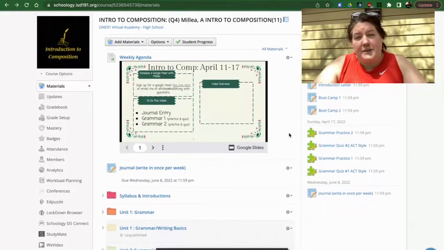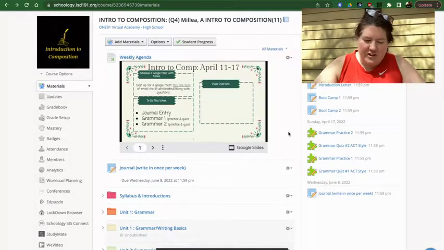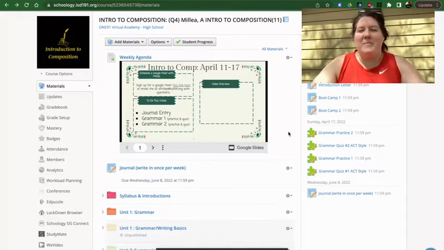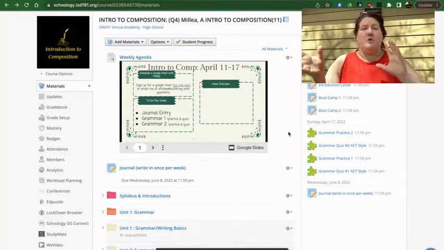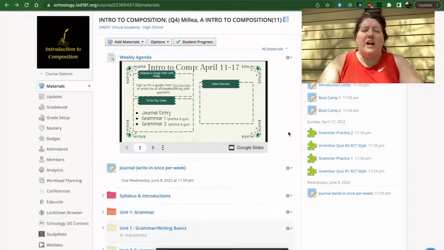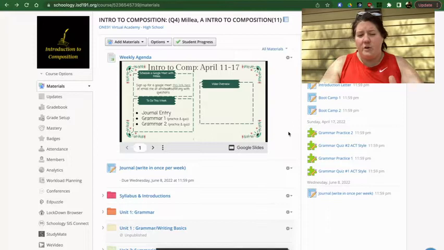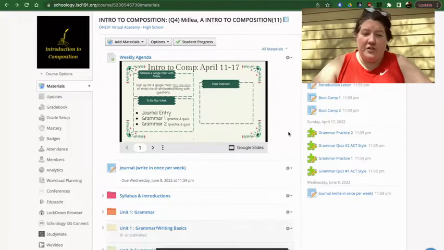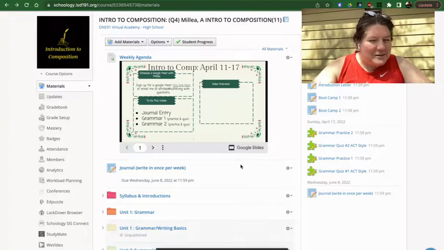Anyway, our first unit is going to be digging into grammar, which I know is like the math of English classes, at least for me. It's very rules-based. There's a lot of requirements you have to follow. And for this class, we're going to be taking an ACT approach to it. So a lot of the lessons you'll be doing will be engaging with it as practice for the ACT. And I know a lot of you are taking the ACT in a couple weeks for the first time, and I hope this helps prep you for it a little bit.